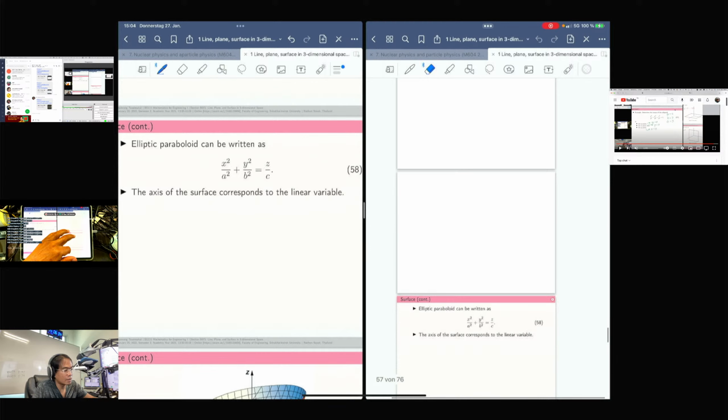It's like a parabola. A parabola will not have a closed area above; it will be open in the lower part like that. The axis of the surface corresponds to the linear variable. What does that mean? It means whatever variable that has only the